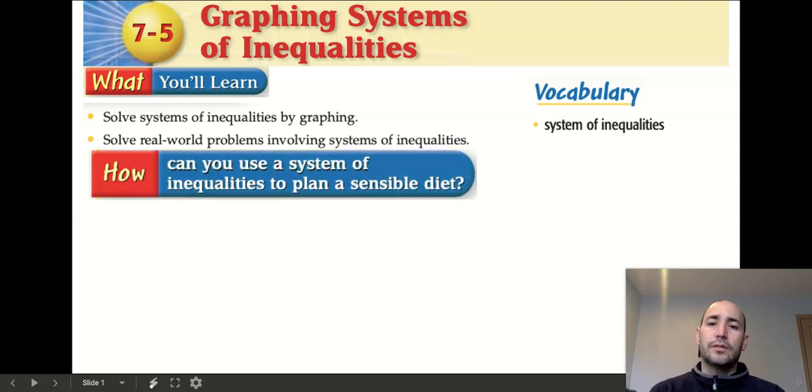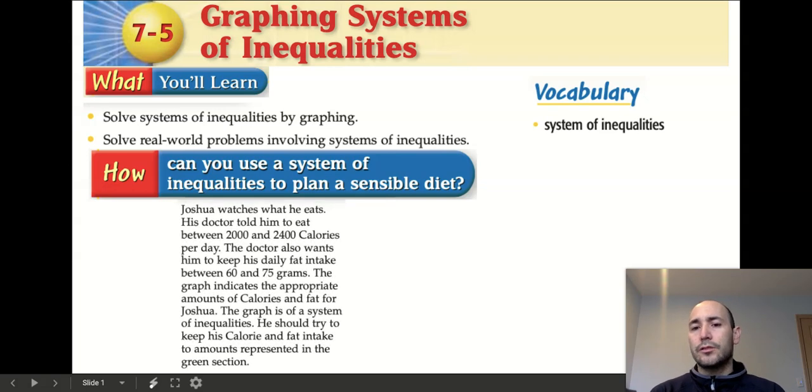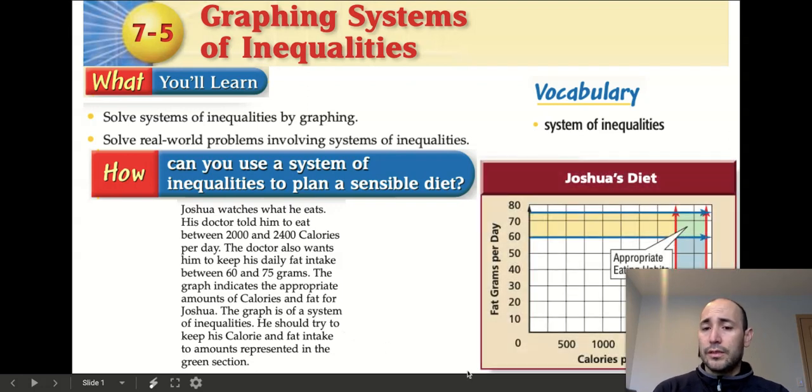So, how can you use a system of inequalities to plan a sensible diet? It says Joshua watches what he eats. His doctor told him to eat between 2,000 and 2,400 calories per day. The doctor also wants him to keep his daily fat intake between 60 and 75 grams. And the graph indicates the appropriate amounts of calories and fat for Joshua. The graph is a system of inequalities and he should try to keep his calorie and fat intake amounts represented